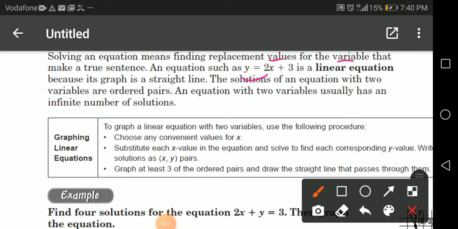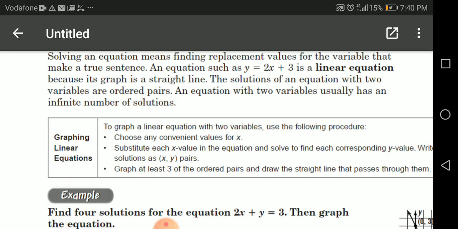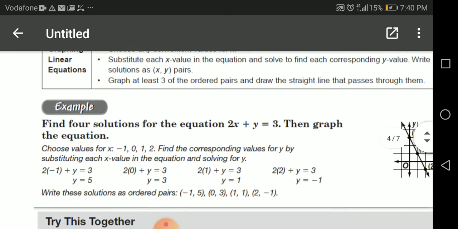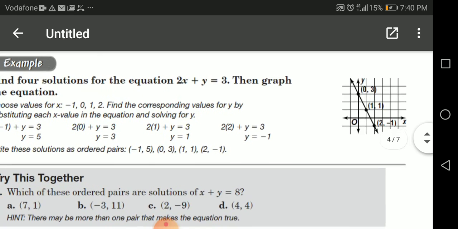An equation like here y equal to x plus 3 is a linear equation because its graph is a straight line. The solutions of this equation with two variables are ordered pairs. An equation with two variables usually has an infinite number of solutions. So let's see now what I'm talking about. If I have here this example, my dear students,